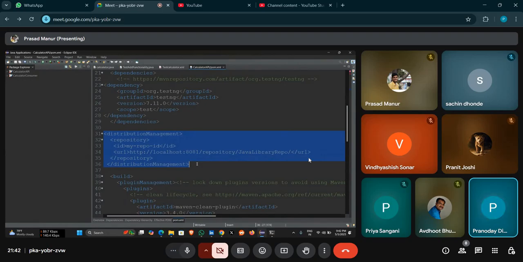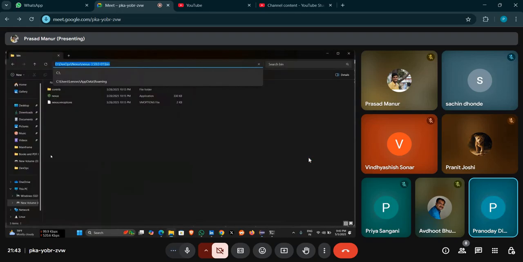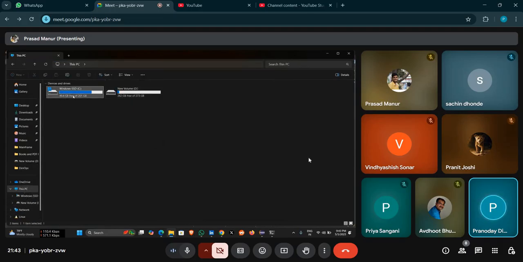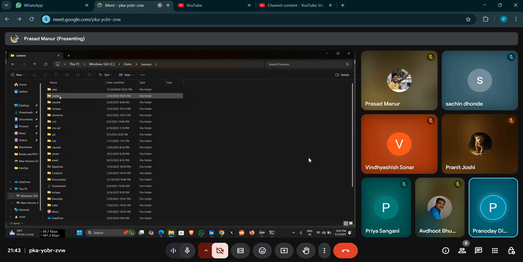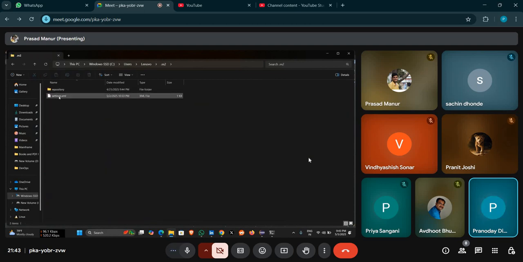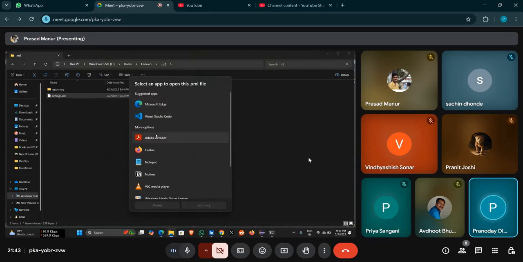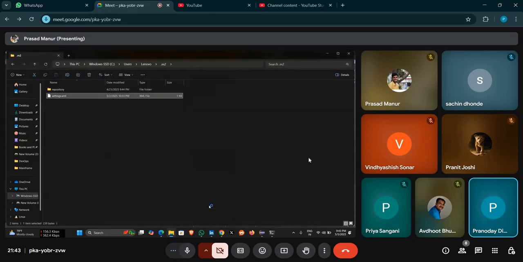So we created one XML file that day, which is settings.xml. So Prasad, can you please open settings.xml on your machine? So settings XML is an XML which defines the settings for Maven. Maven has some default settings defined. For example,